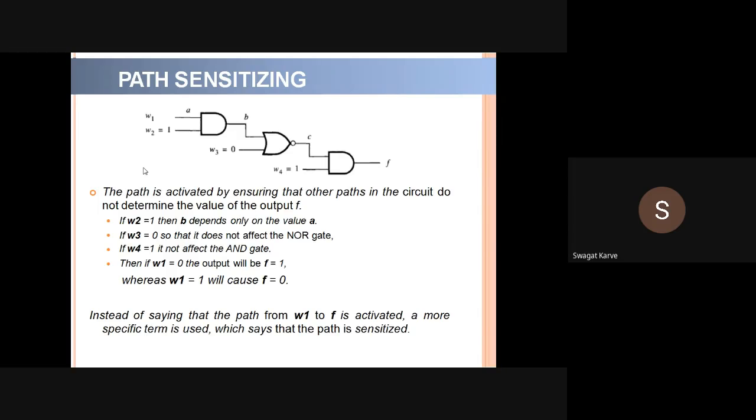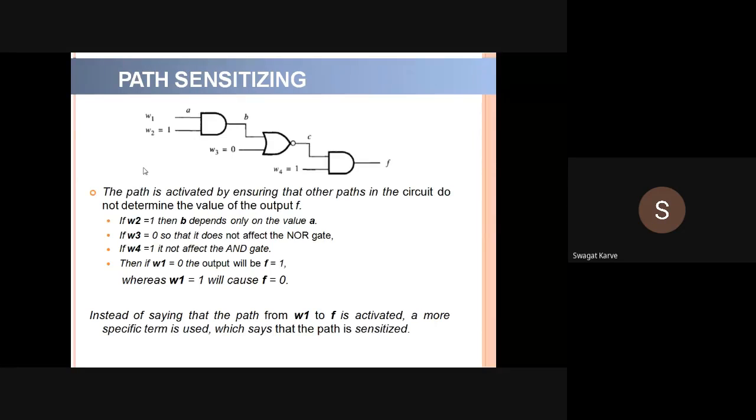Now in path sensitization, instead of considering individual pins, we have to identify the path from input to output, right? For example, if we have to carry out the stuck-at fault model test for this circuit that you are getting on the screen,